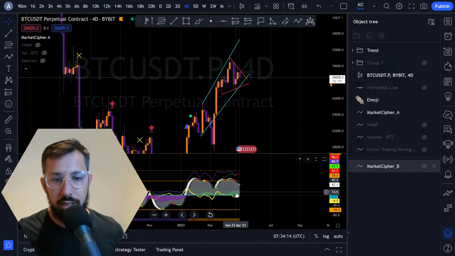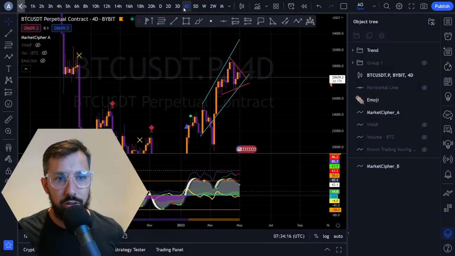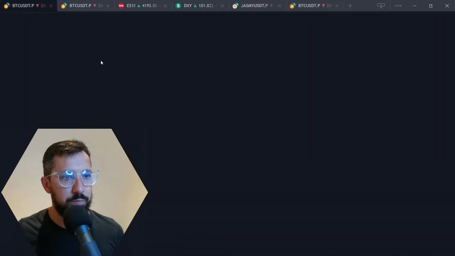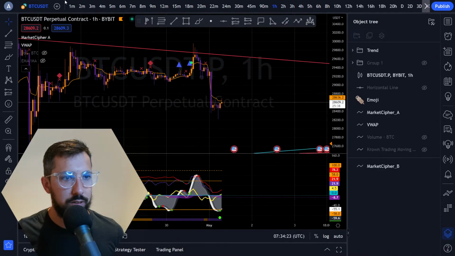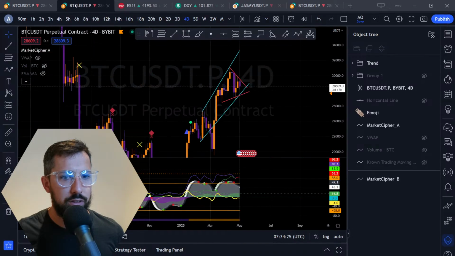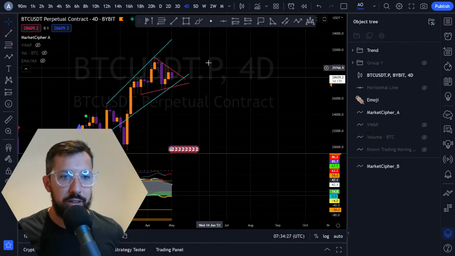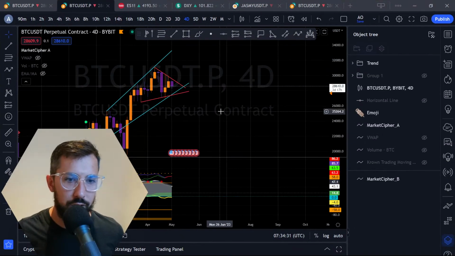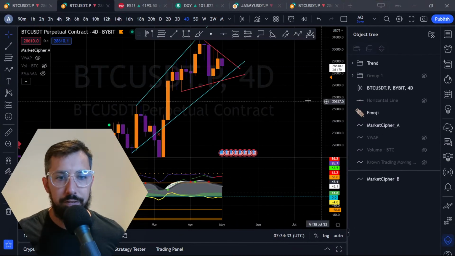Money flow is flattening out, okay? Oops, I clicked the wrong ones here. Money flow is flattening out. Am I in the right one? Yeah, here we go. Sorry about that. I think I've hit F11 on this thing. There we go. That's what I want. F11 full screen, my friends.